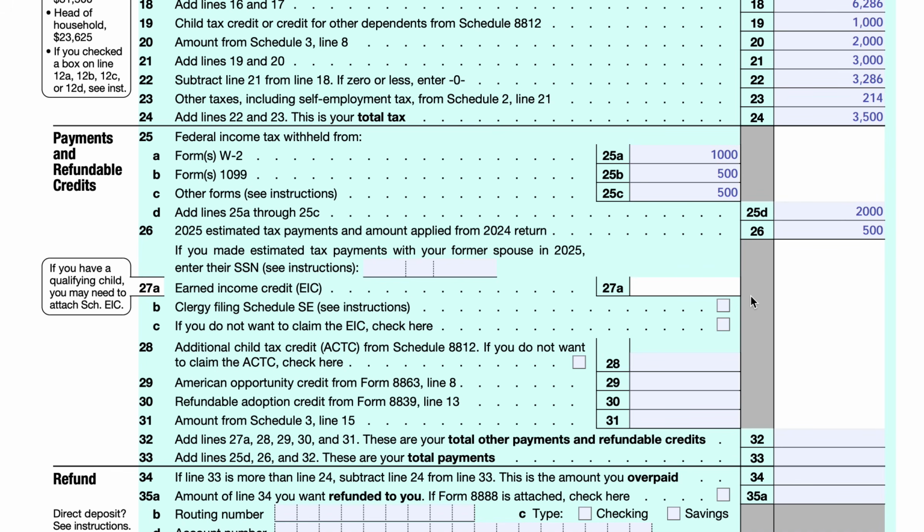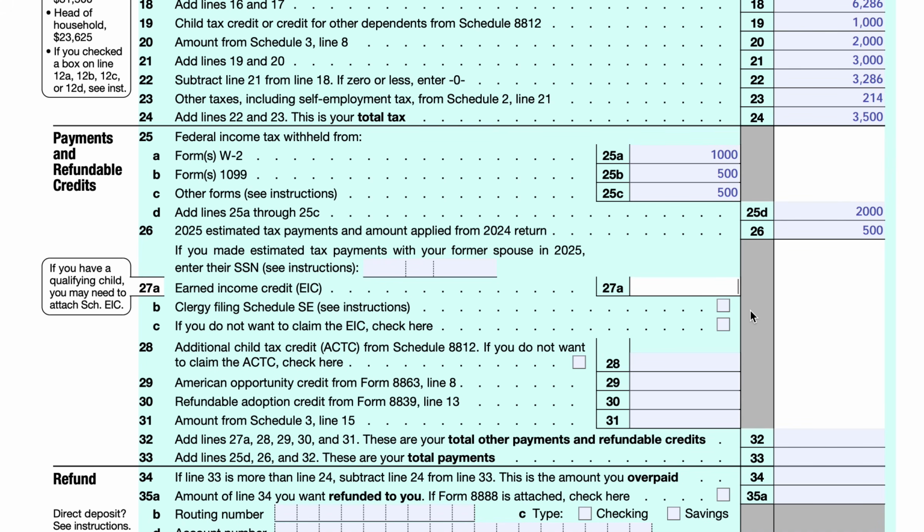Earned income, so line 27A, B, and C. So the line 27A has to do with the earned income credit. So if you do have the earned income credit, you could put that there. Line 27B is for a clergyman who has qualifying income. You would check the box if you are a minister, member of a religious order who has not taken a